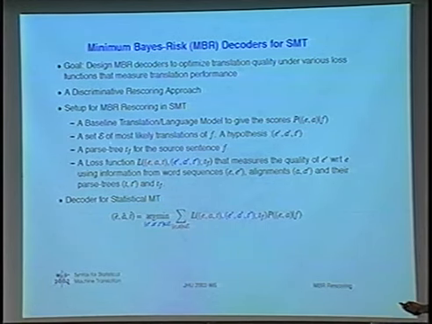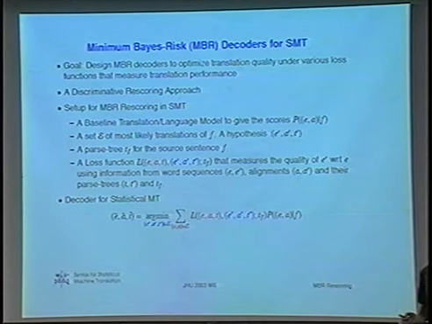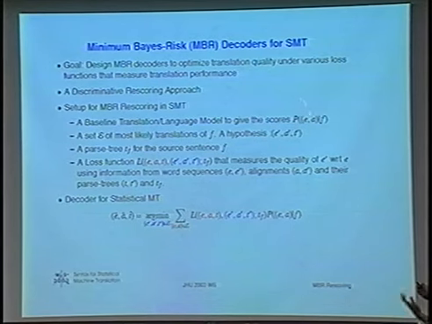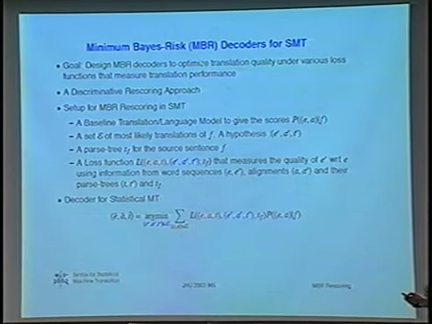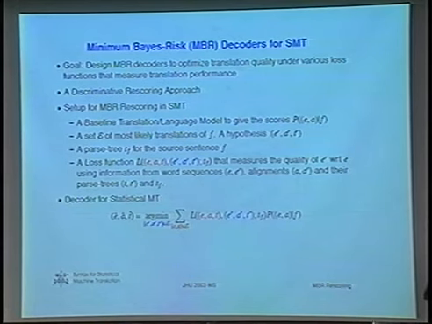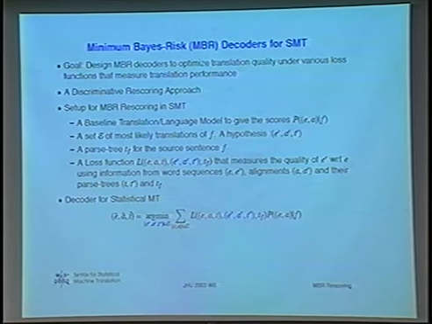We have a baseline translation system, in this case the baseline system from ISI, which can give us scores, which is the joint probability, the posterior, of a translation and its alignment. So lowercase e is the English sentence, a is the alignment, and f is the Chinese sentence. We have a set of most likely translations of the Chinese sentence, and each hypothesis in this set contains the sentence, its alignment with the source Chinese, and also a tree. So these are the three sources we have.